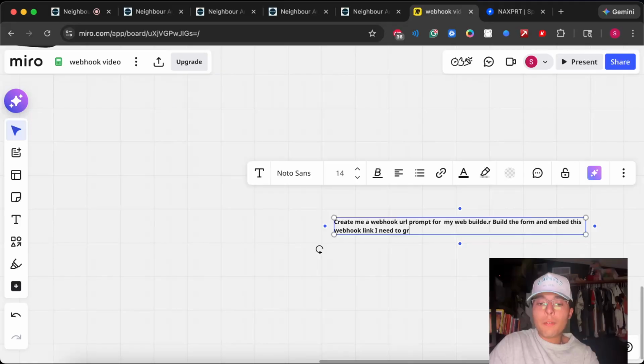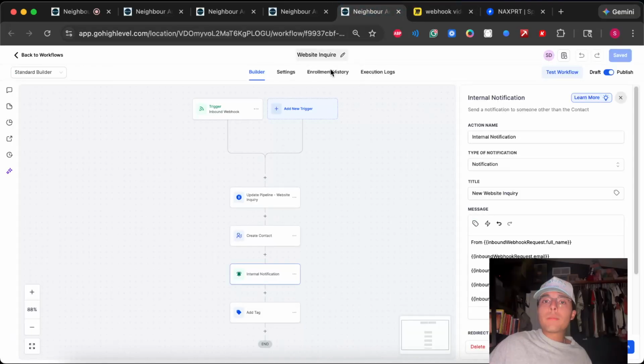I need to grab the info from the form. The form fields are XYZ, XYZ, XYZ. So you're basically asking AI to build you the form, and then you're going to give it the form fields, because what you do is